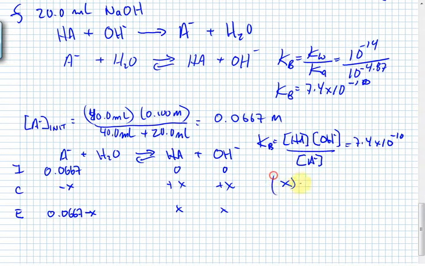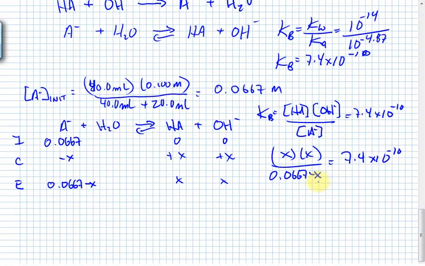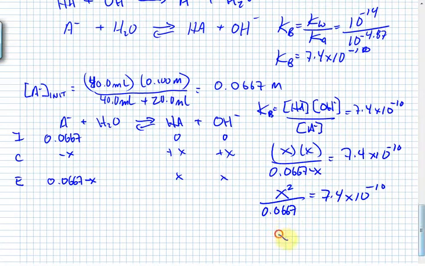Plug in X, X squared over 0.0667 minus X is equal to 7.4 times 10 to the minus 10th. Again, we'll take our shortcut here, our assumption that X is insignificant relative to 0.0667. This simplifies to X squared over 0.0667 equals 7.4 times 10 to the minus 10th. When you solve for X